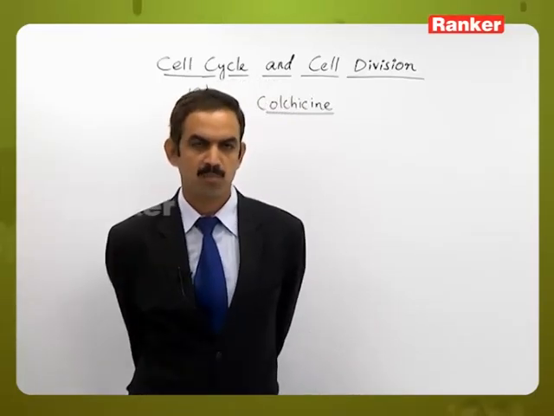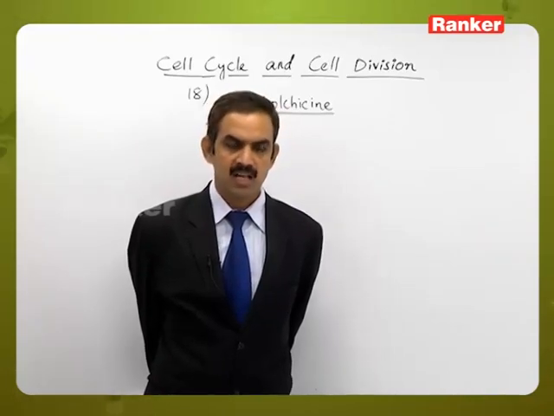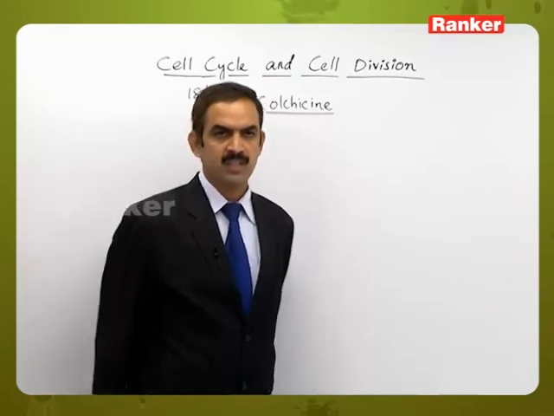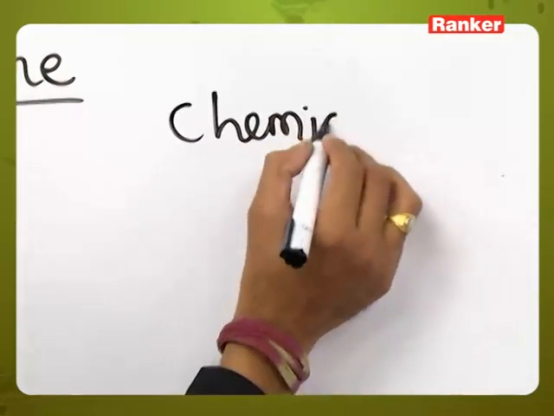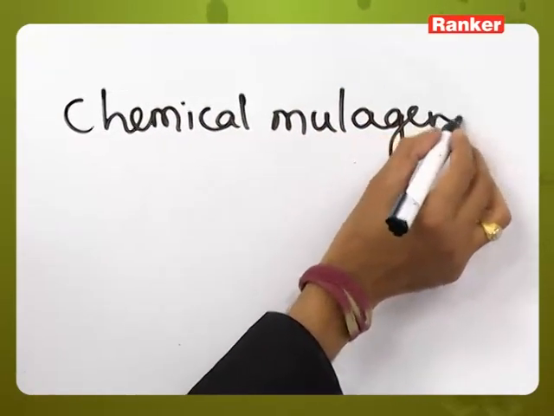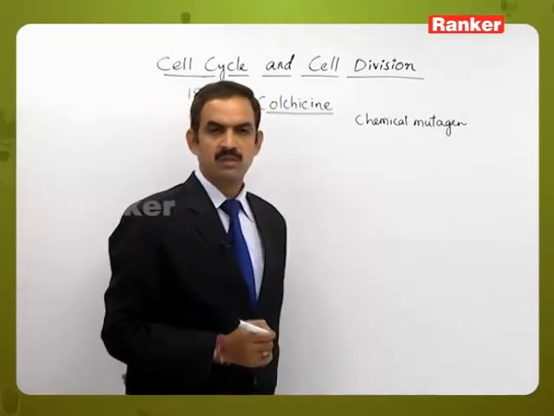This Colchicum autumnale belongs to the Liliaceae family, and colchicine has special functions to be considered, in that it acts as a chemical mutagen. This is one function, and at the same time it will obstruct the